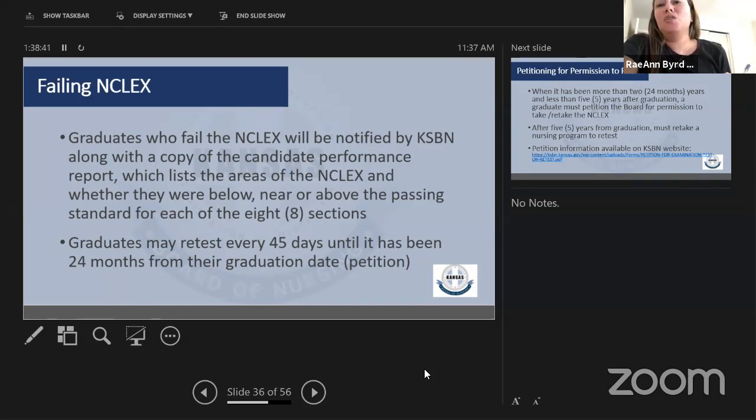The way we let the student know is we send them their performance report. Karen will send them a letter saying that they need to resubmit a new application to us and repay Pearson VUE. If they're going for that multi-state application, they will want to submit a new background check. Those students are kind of at a disadvantage because they get those results in the mail. Typically a lot of them say, well, I took the NCLEX two or three days ago and it hasn't updated, so I'm assuming that I failed.